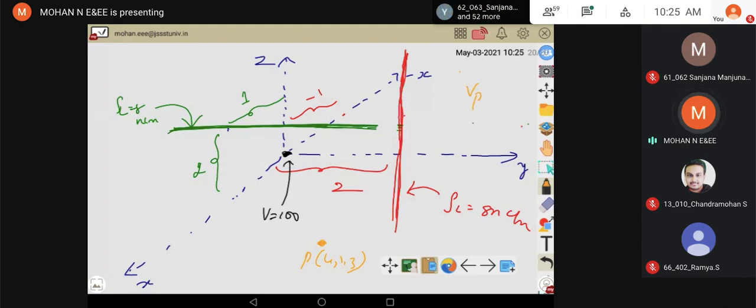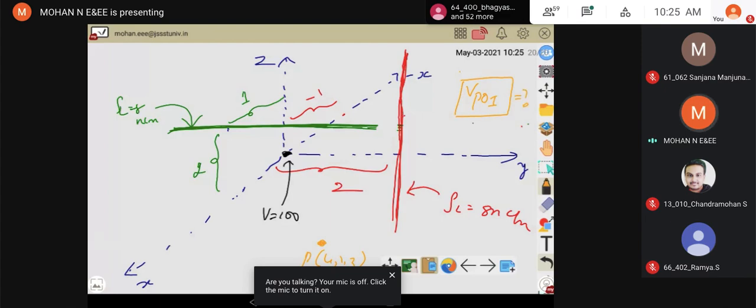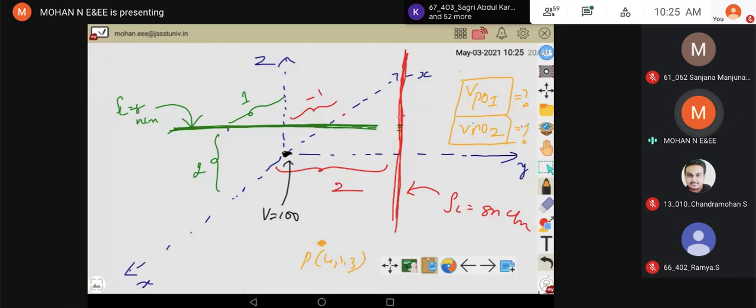So VPO1 due to line charge 1 you can find out, and VPO2 due to line charge 2 you can find out, and add them, you will get VP directly. Yes, similarly you can do it. Let us solve for